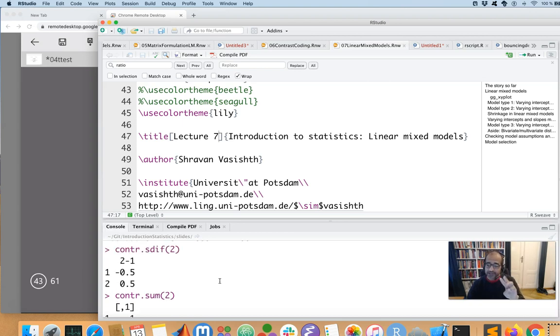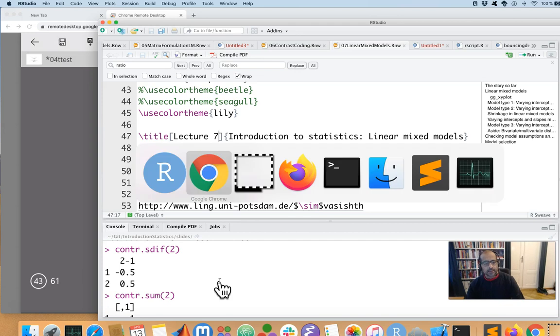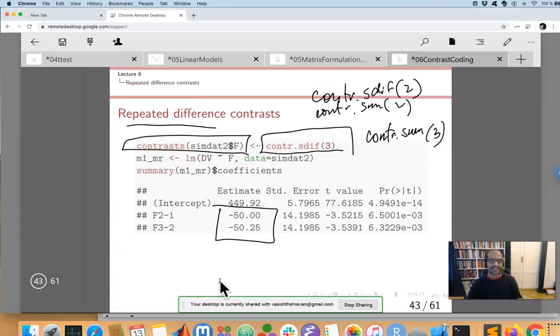When you have 3 conditions, things get interesting because the type of comparisons you can do are actually different. The kind of hypotheses you can set up are different, as I showed you. Therefore, it is important to think about what your research question is before you actually start doing the data analysis. Don't just play around with different contrast codings to see which one comes out significant. Okay, please,